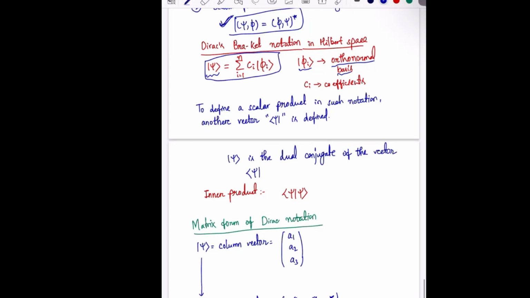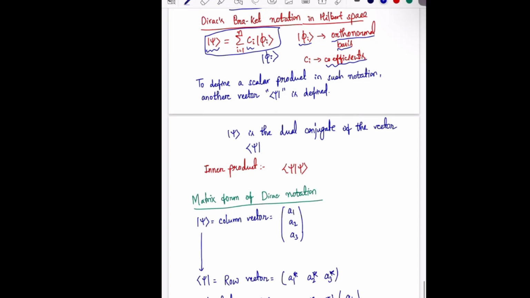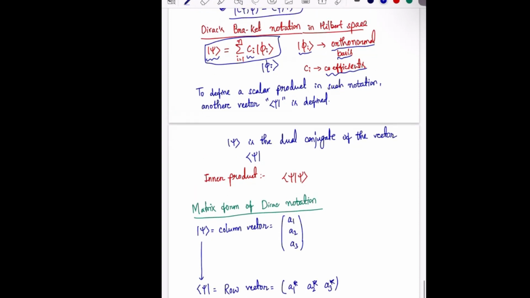If you don't have an orthonormal basis, then you must do the Gram-Schmidt orthonormalization to find the orthonormal basis phi. Here the c i are the coefficients of this quantum mechanical state